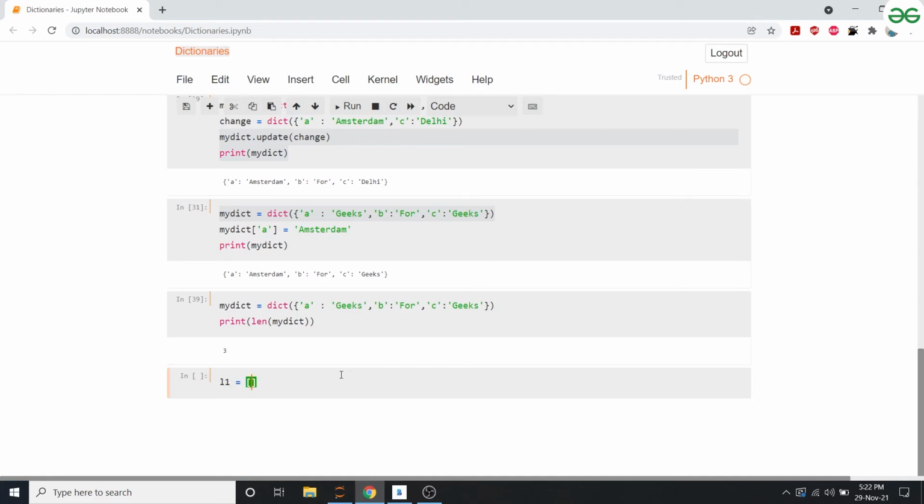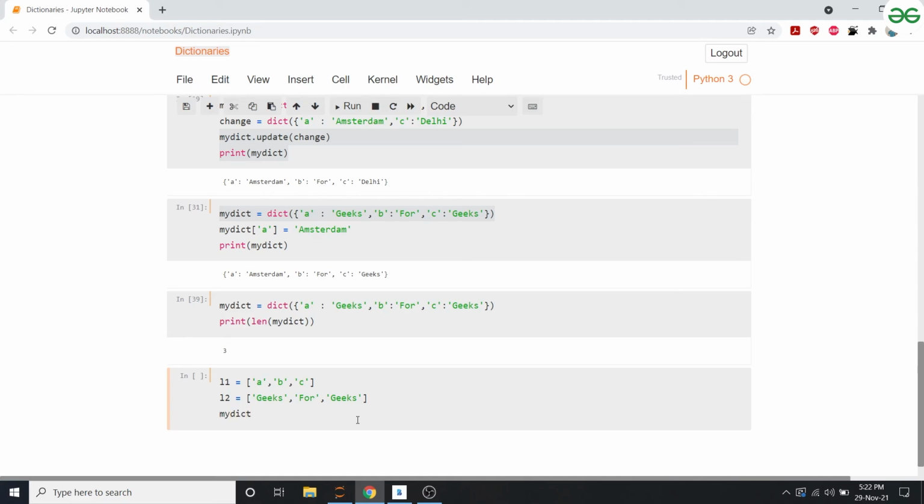Let's say L1, which is a list of strings A, B, C, and then I have another list of strings: geeks, 4, geeks. Now I want to create a dictionary such that the values of L1 are mapped to the values of L2. So how do we do that?